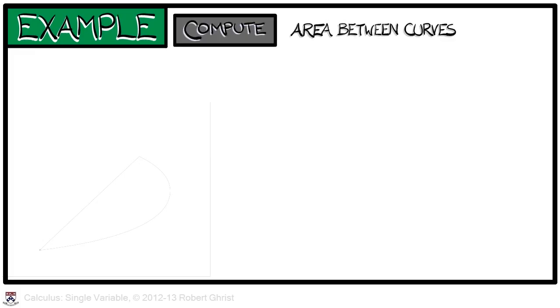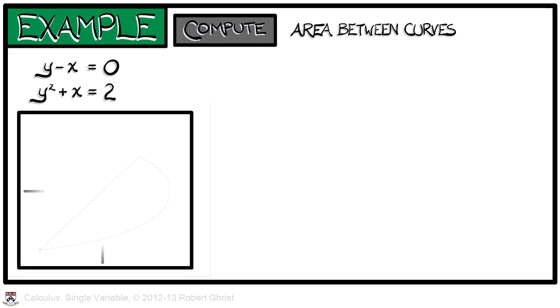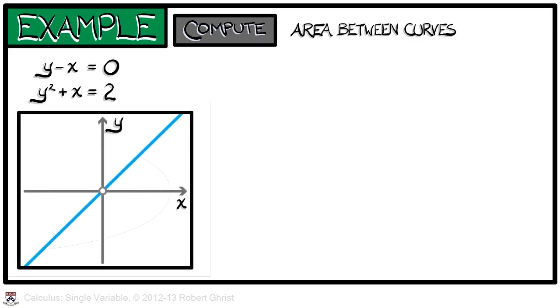We begin this lesson with a quick, classical example of computing the area between two curves, y minus x equals 0 and y squared plus x equals 2. The first of these is the diagonal line of slope 1. The second is a parabola that opens to the left. We need to compute the area of the region between them. I'll leave it to you to do the substitution and algebra to determine the intersection points at (1, 1) and